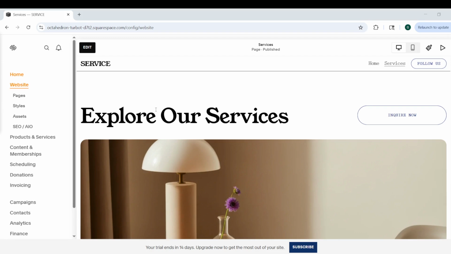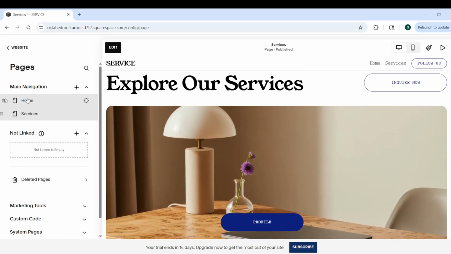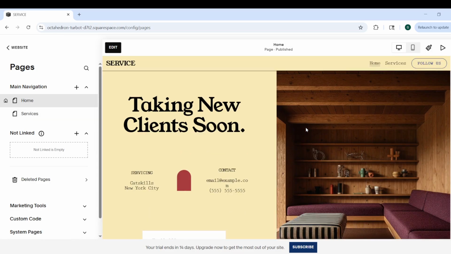In today's video, I am going to teach you how to add background images on Squarespace. To get started, open Squarespace and go to the page you want to update. Once you are on the correct page, look to the top left corner and click Edit. This puts the page into editing mode, so you can make changes to the layout and design of that specific